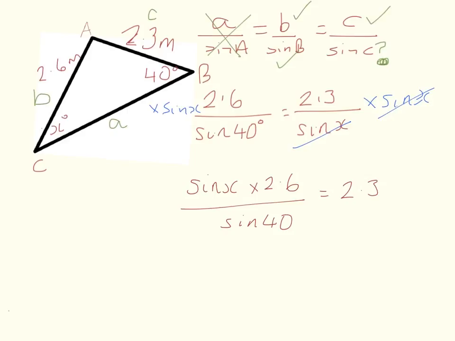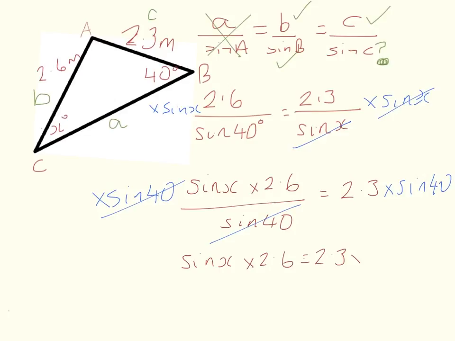Okay, I'm going to keep going. I'm going to rearrange my formula. So I've got my function on the left being divided by sine of 40. I don't want that there. I ultimately just want x on the left. So I'm going to multiply both sides by sine of 40. I'm doing that because these cancel here. That would give me sine x times 2.6 equals 2.3 times